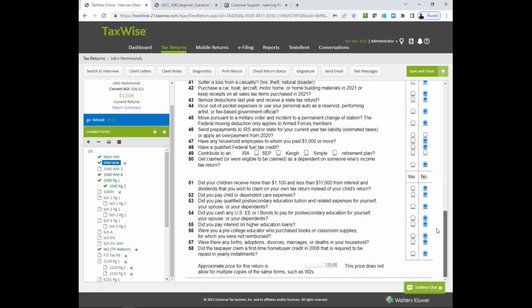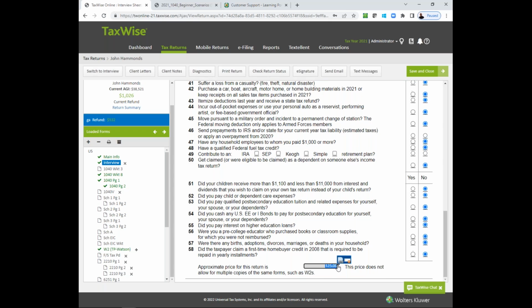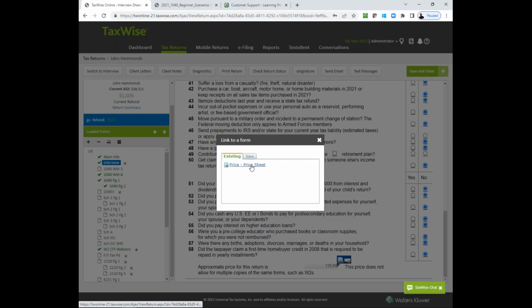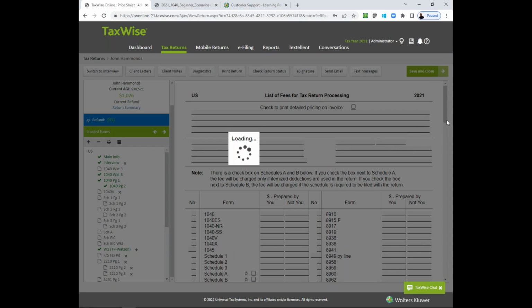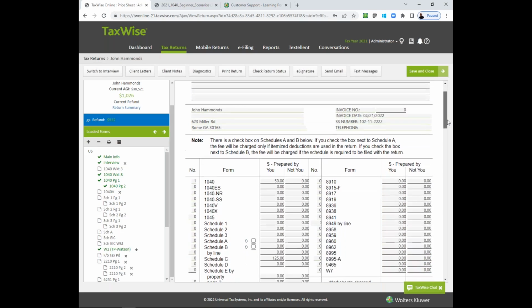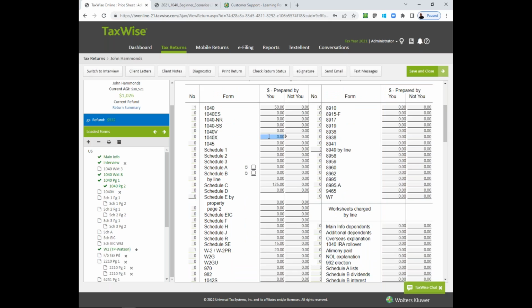Now over here, when you get to the bottom, you'll notice something right over here, approximate price for this return. So I'm going to click on this, and there's a pricing worksheet in here. So in TaxWise, you can bill by the form. If you bill by the form in your tax office, you'll notice right over here I've got some basic tax prep fees, basic fees per each form. I need to add some more pricing in there. I've got a lot of zeros in here, but you can see what we're charging to enter a W-2, $20,